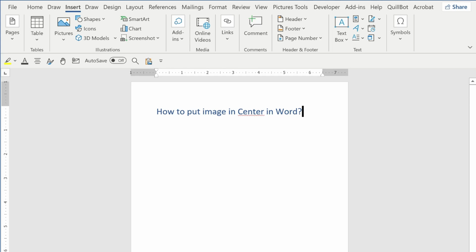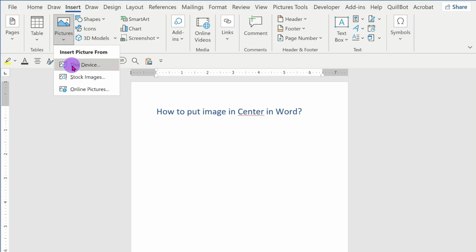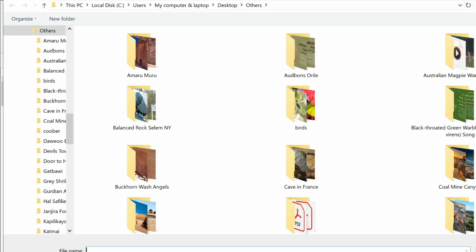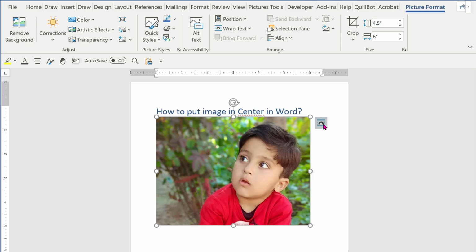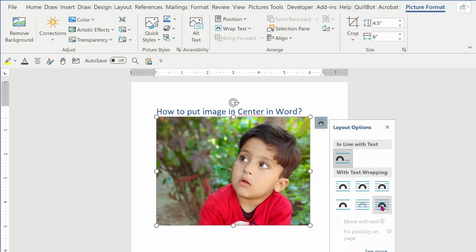Welcome back. In this video I will guide you how to put an image in the center in Word. For this you need to click on Insert, click on Picture, click on This Device, and select the picture. For example, I select this picture and now click on this Layout Options